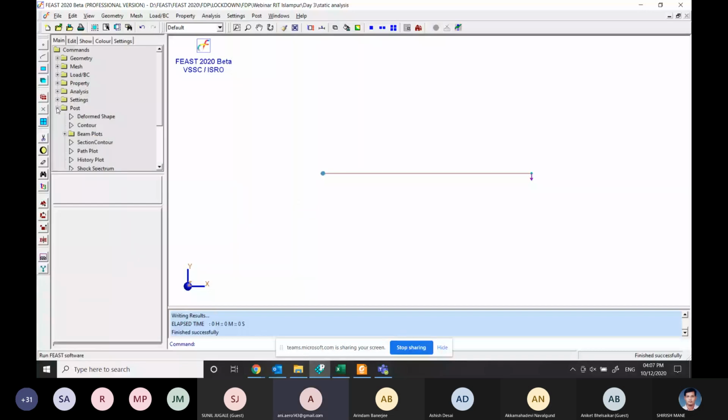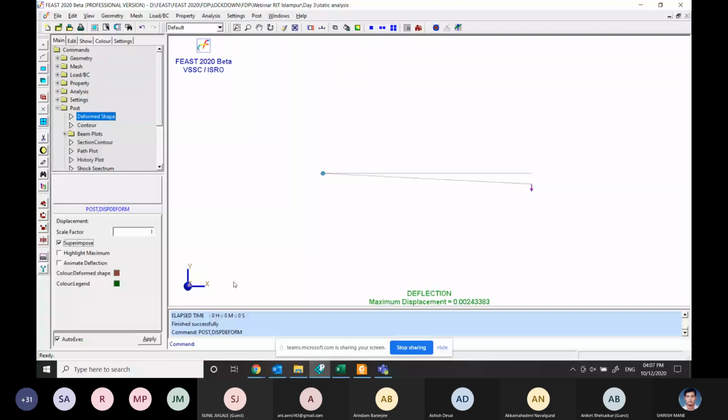I'll go to post, deform shape, and I'll simply click on superimpose. So here you can see the deformation. You can see the deformation is 0.00024 inches, which is the deflection we have got.